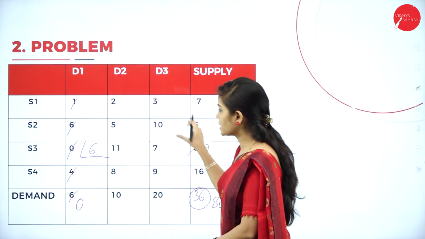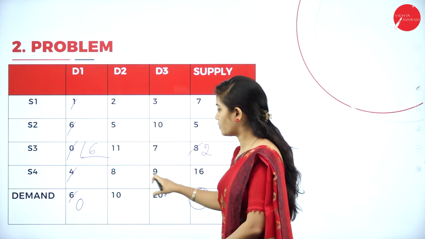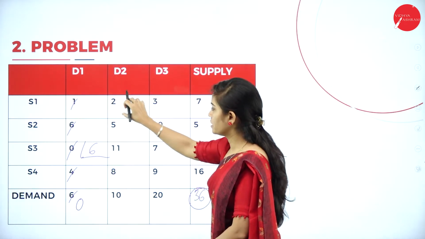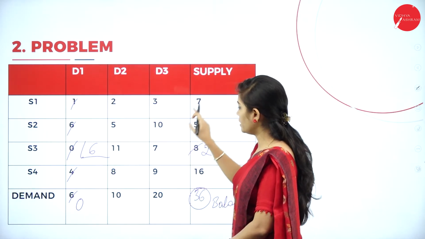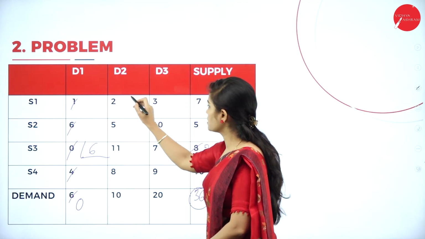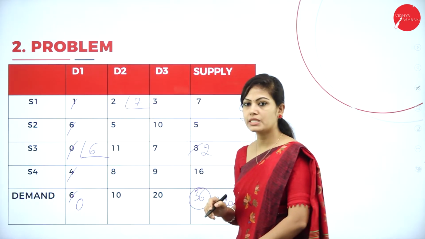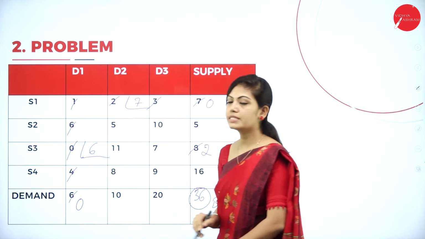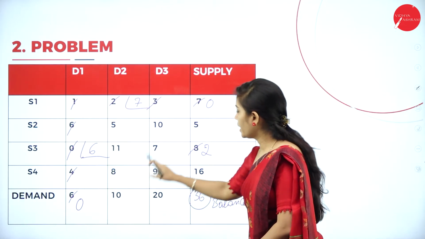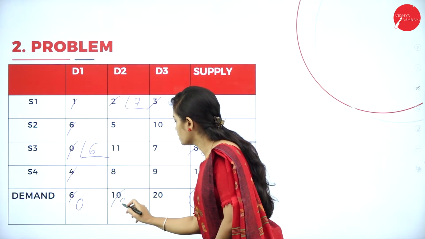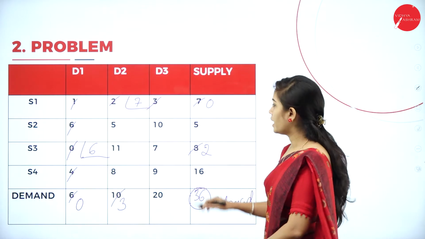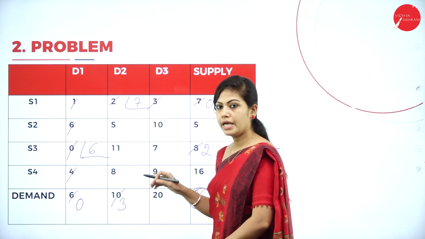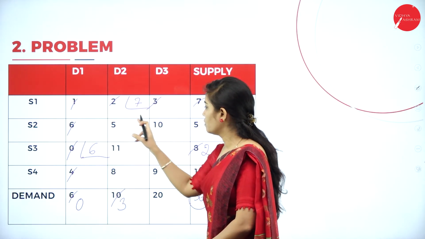And the next least value, select the next least value. 2 is my least value, right? So I will select this cell. Out of 7 and 10, least value is 7. I will allocate 7 rupees to this cell. It will become 0. If it is 0, I can cancel this entire row. 10 minus 7 is 3. Right? And next select the least value out of these variables. Next least value is 5.